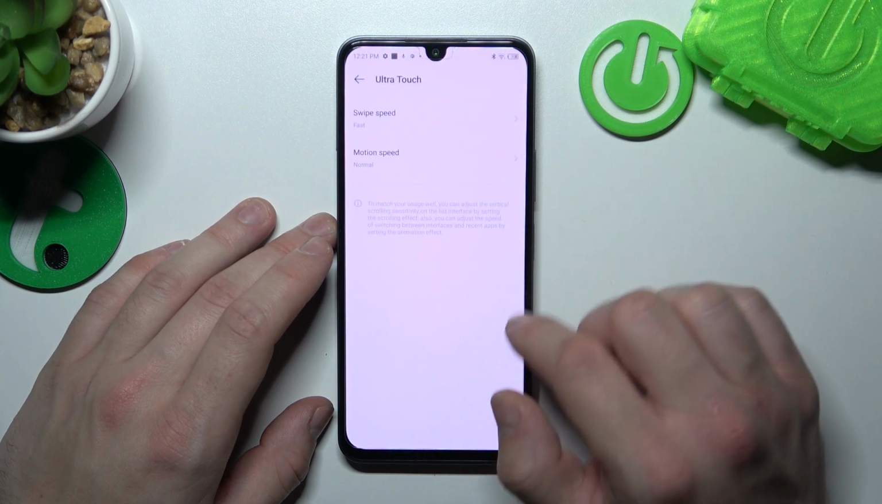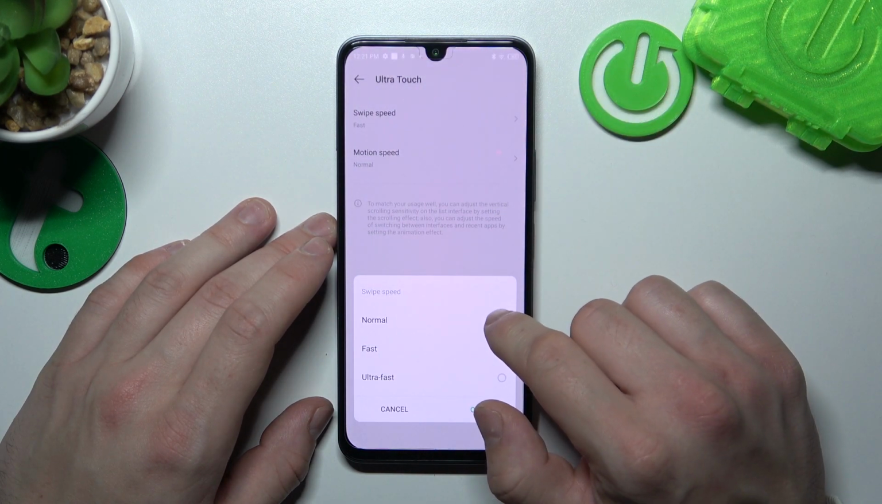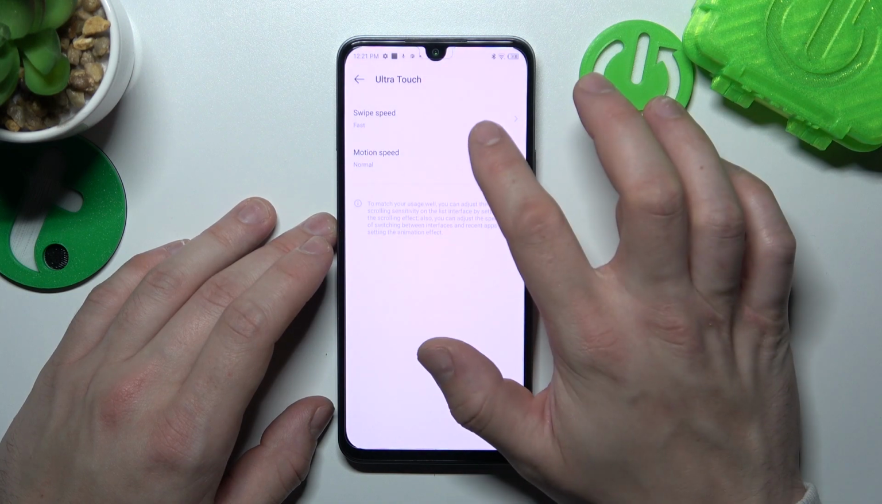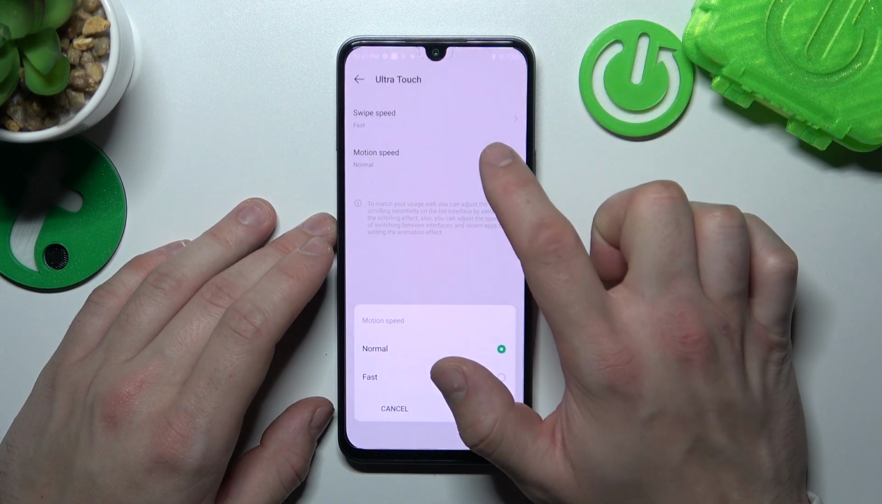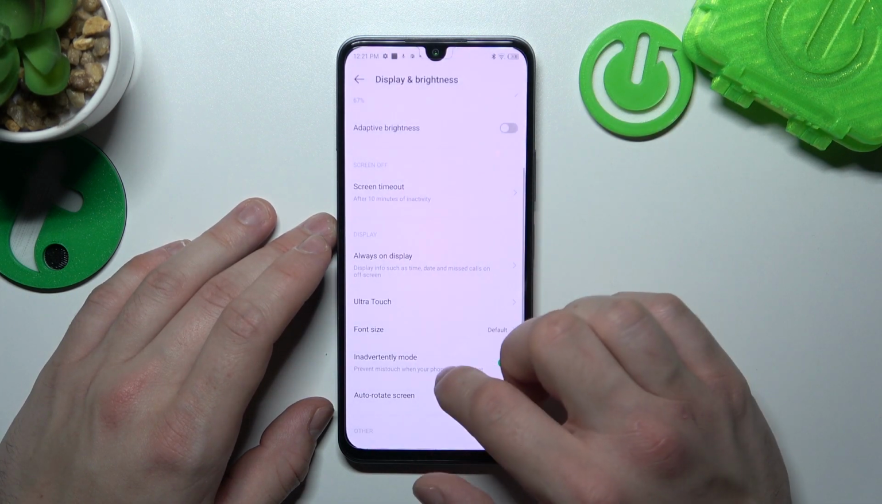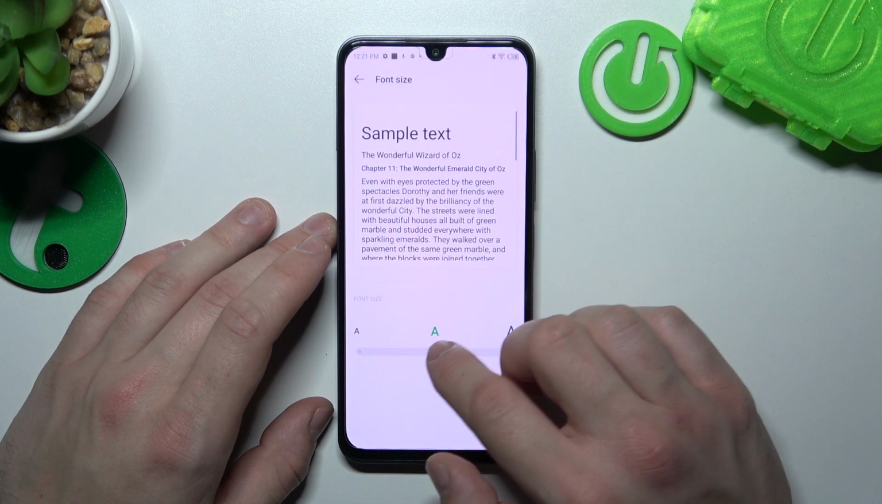Next you can enable or disable Ultra Touch, change swipe speed and motion speed, change font size,